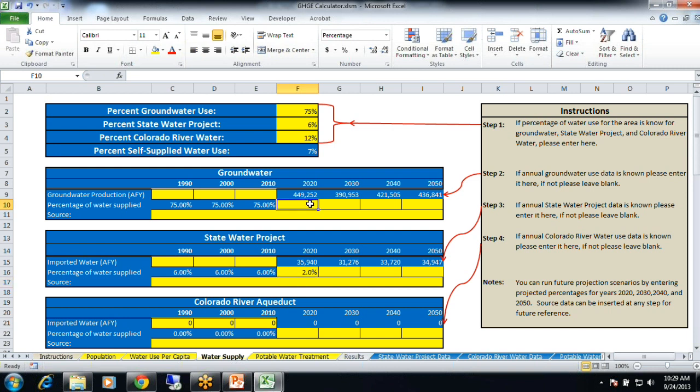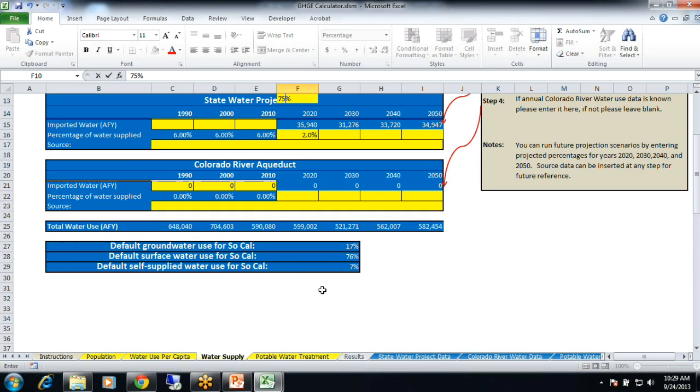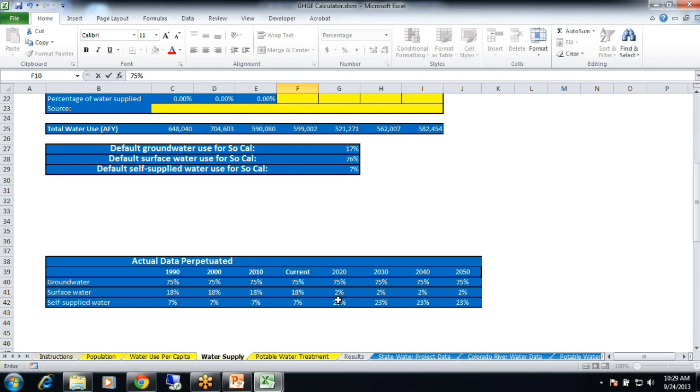Let's say we'll keep our groundwater at 75%, but we're going to have more self-supplied water because we're going to use some rainwater harvesting or some water reuse, some new development, so you are going to reduce your imported water and increase your self-supplied water.